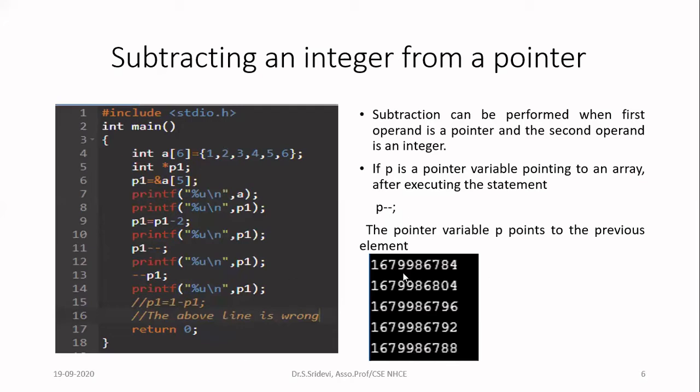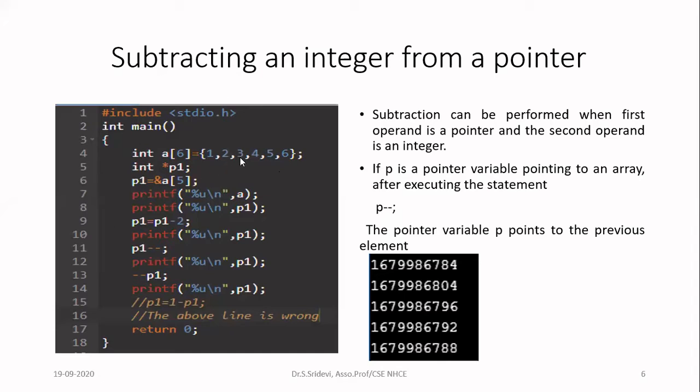Okay, so now here you can see, first I am printing the base address of the array A. So I am getting the address as 784. Then I am giving P1. P1 is A of 5. You should know what A of 5 is. So if the first address is 784, the address of 2 will be obtained by adding 4 to that. In my compiler, integer occupies 4 bytes. So 784 plus 4 is 788.